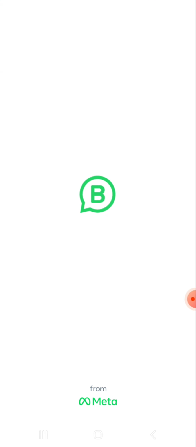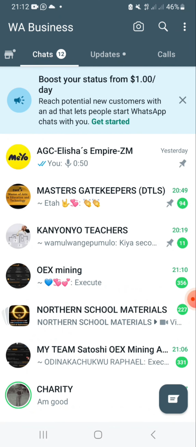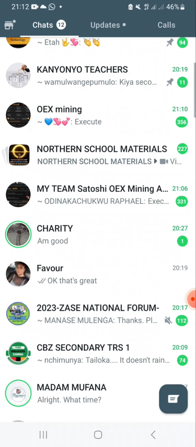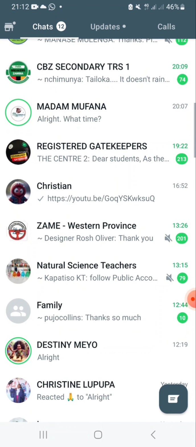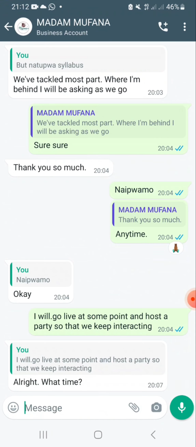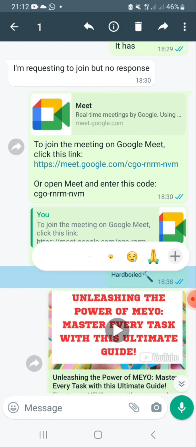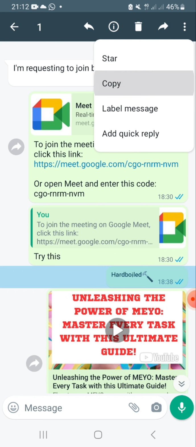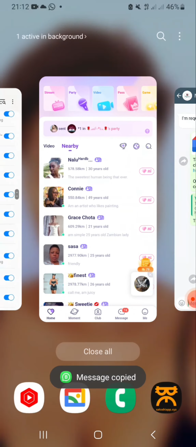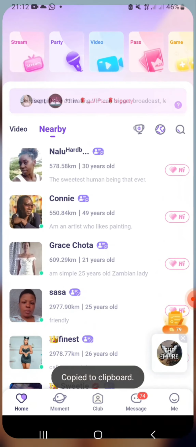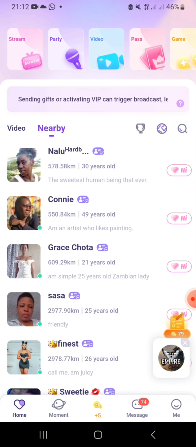So what you do is head on to the description section, then copy the superscript hard boiled. A superscript helps members of the family to identify you to be a member of the family. So you click in the bottom right corner,